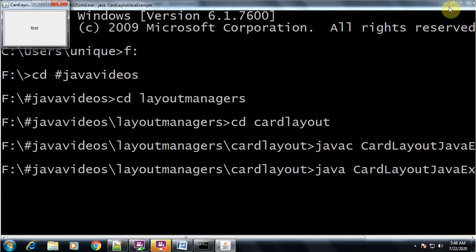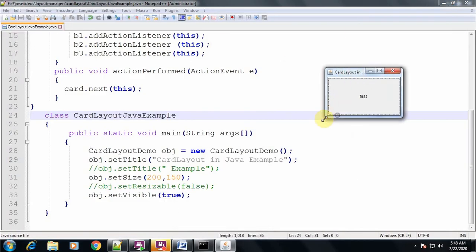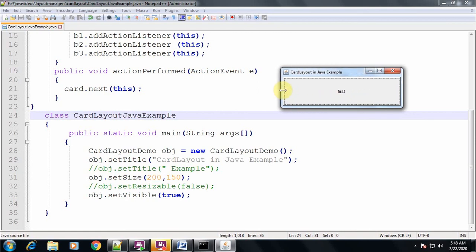Now we'll see what happens. Can you see this? If you look at the pointer, the mouse pointer is like this, but when I come here it changes. This is what we call the resizing arrow.